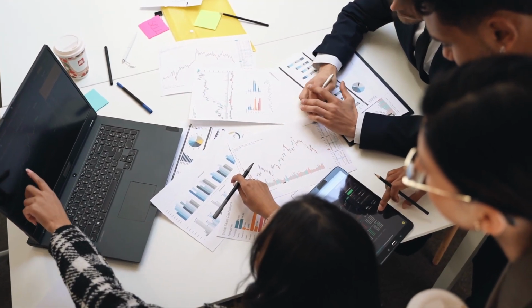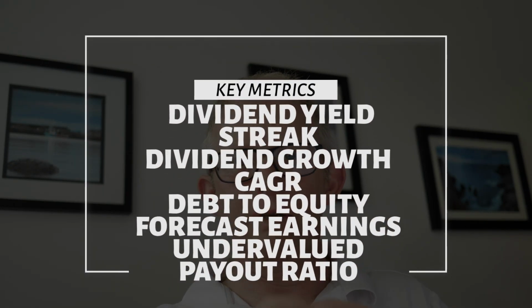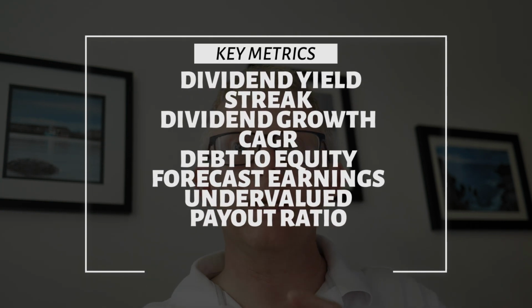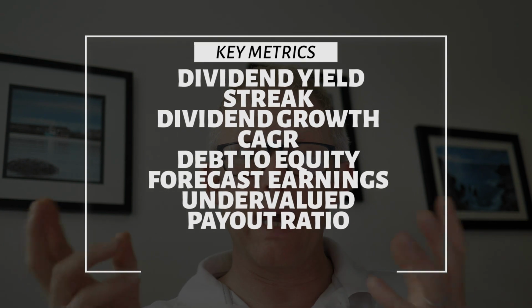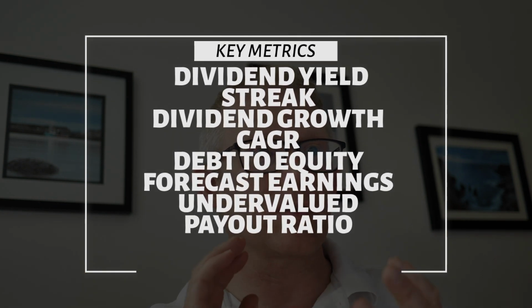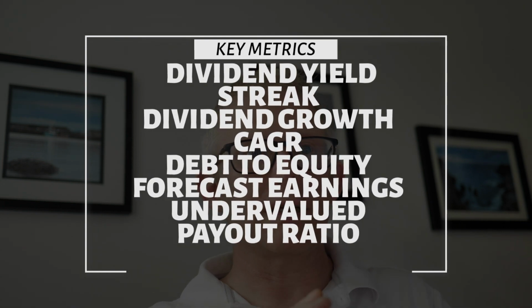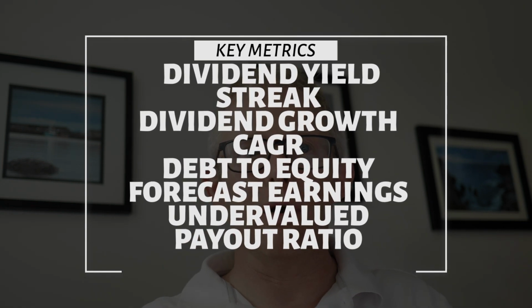I've invested into both of these. A couple of things, if you've seen some of my other dividend stock videos, you'll know that I look at a few things. So I'll look at the dividend yield, the history of have they continuously paid dividends over a number of years, look at the dividend growth rate, the compound annual growth rate, debt to equity, forecasted earnings,